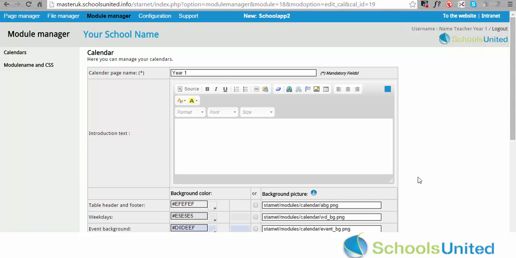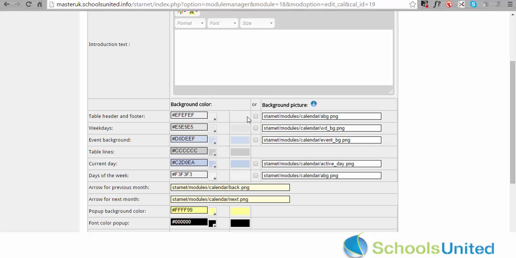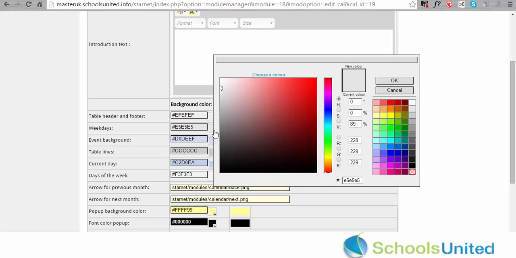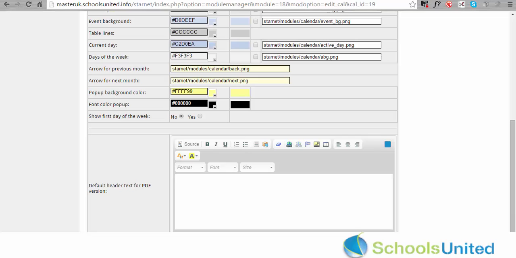This is the name of the calendar for year 1. You can make some changes to how you would like the various elements to appear. So if you want to change the background color, you simply select the color you would like from that menu. And if you want to show a week at the beginning of each, like week 1, week 2, week 3, you will set that to yes. I recommend keeping that to no for the time being. And then you save the